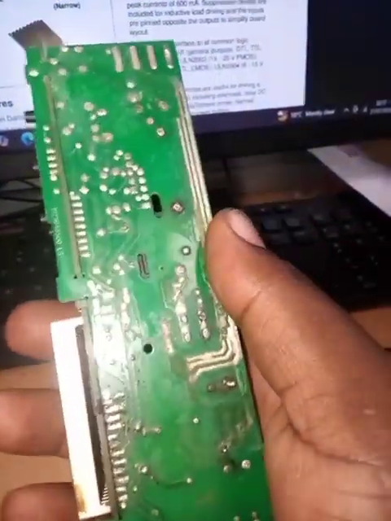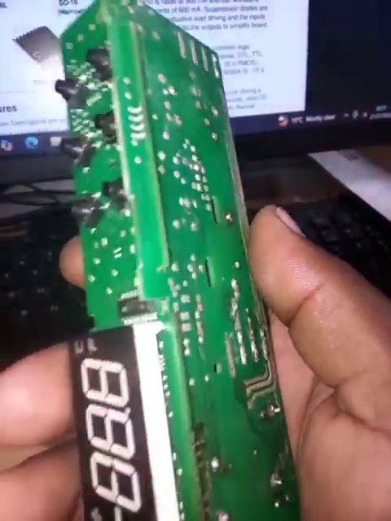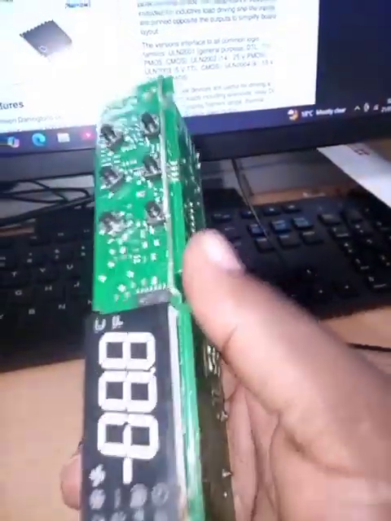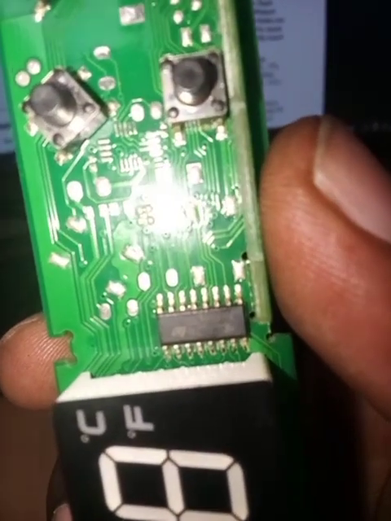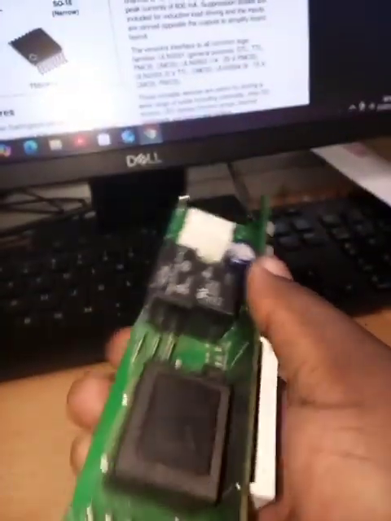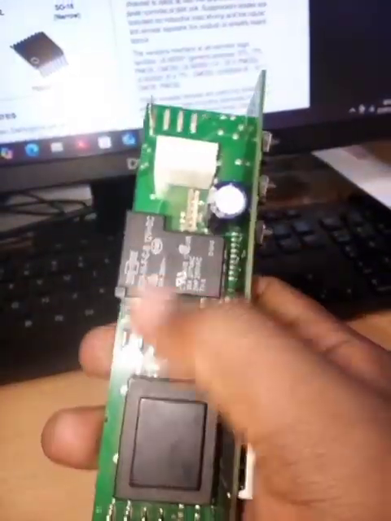Furthermore, we have an IC, or we can also call it an integrated circuit. This IC is a ULN 2004. It is responsible for switching on these relays. So these relays here are switched on by this IC here. This small IC,